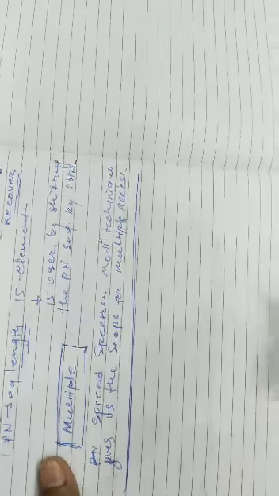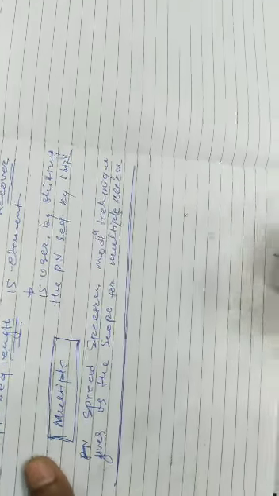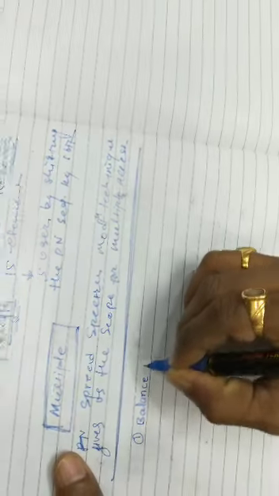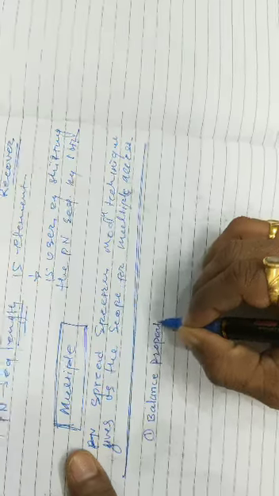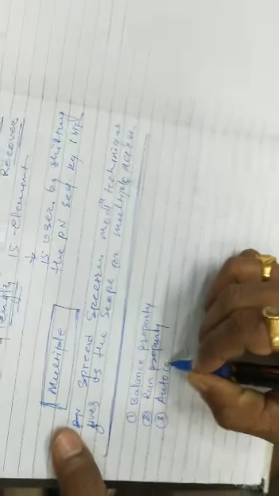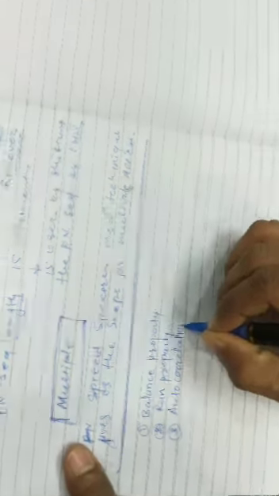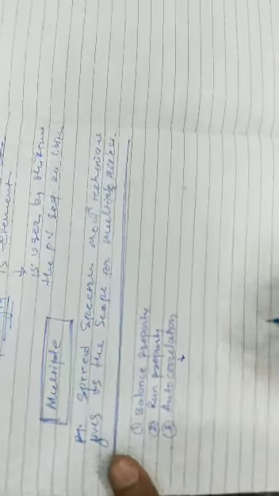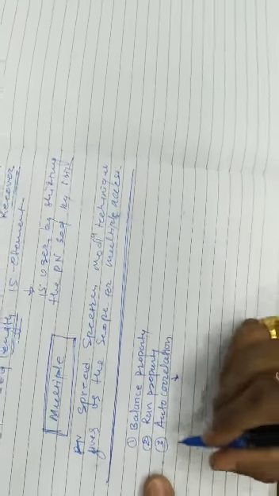Hello dear students. In the previous lecture we discussed the properties of the PN sequence. The first property was the balance property, the second property was the run property, and the third property was the autocorrelation property. Now when we discussed this third property, that is the autocorrelation property, at that time